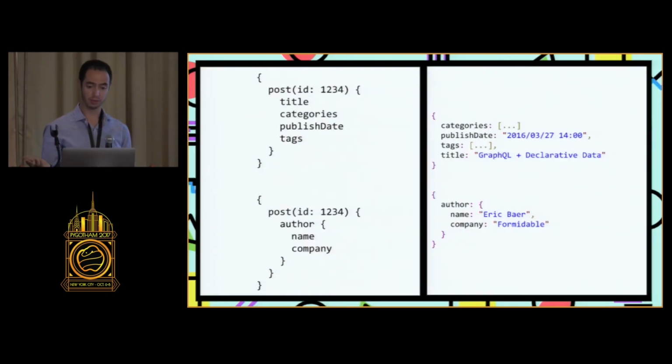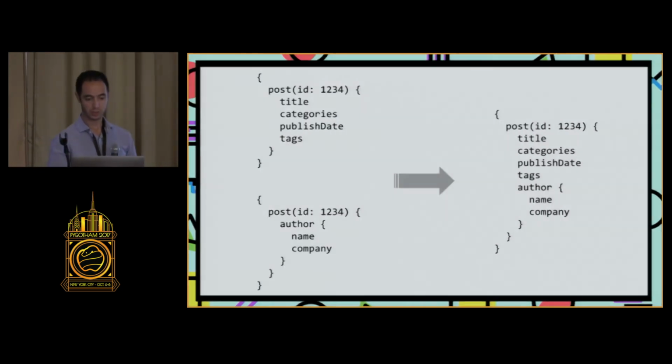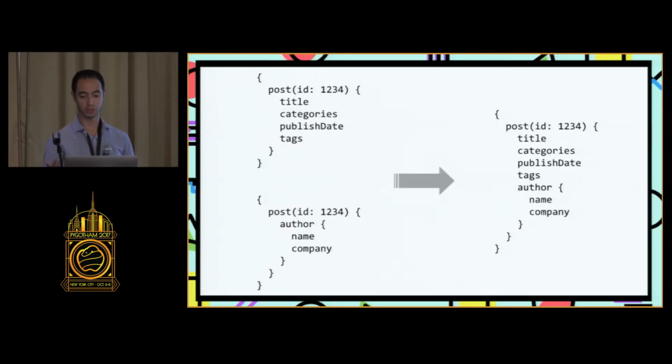So if we could break it up, right? We could give each component only the data that it needs to render, and we might have something like this. But now we're back to breaking that whole minimal HTTP thing, right? Now we could, in any sort of mobile application, have hundreds of data-backed components, and this would probably be a regression. We can fix this, though, if we can merge those two things into one.